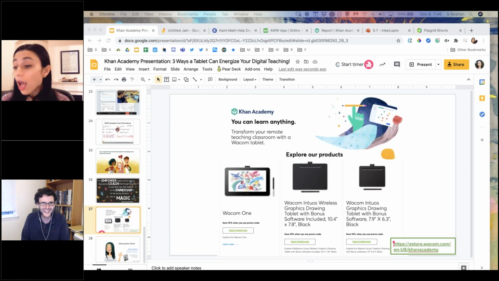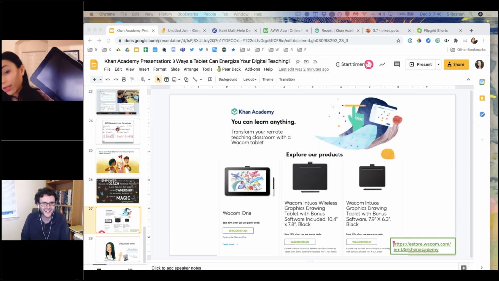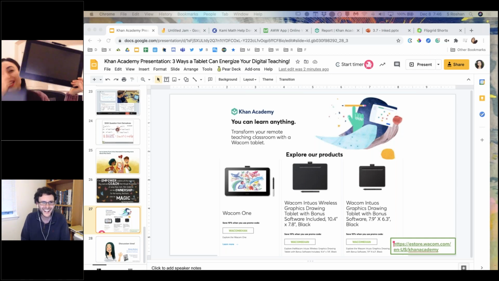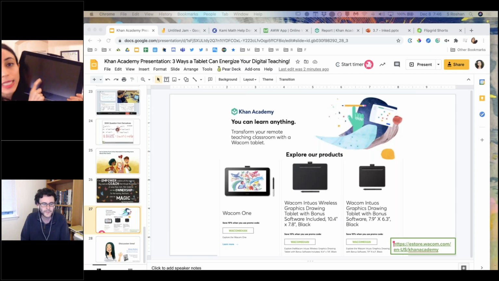And then the other one, so what I use more often, especially now since I'm at home, this is the Wacom one. So it is much bigger. Wow. It's 13 inches, okay, this one. And this is a pen display style one.